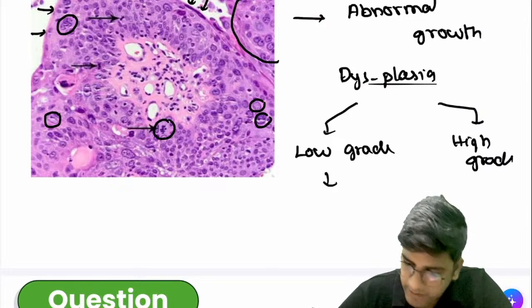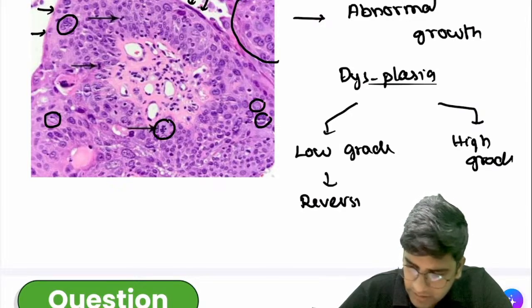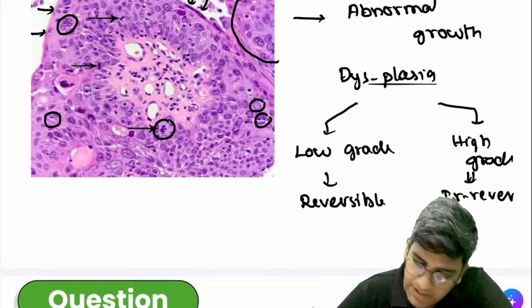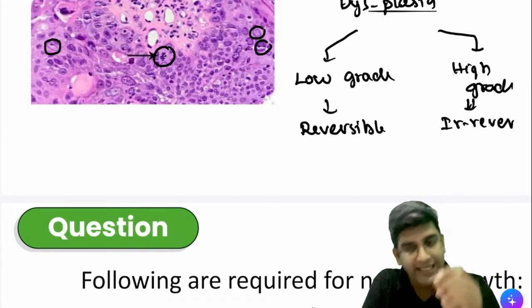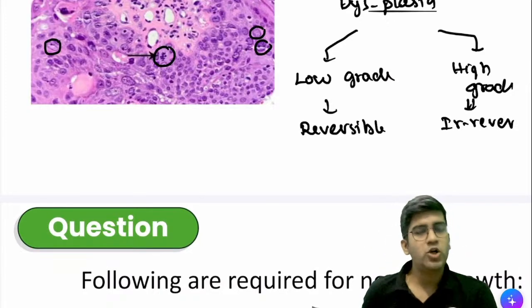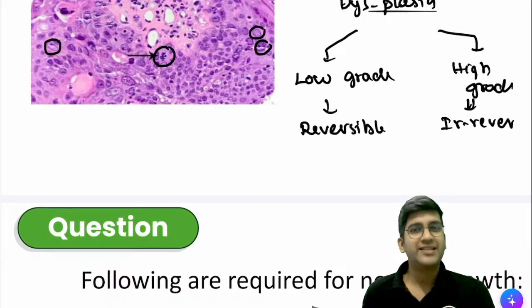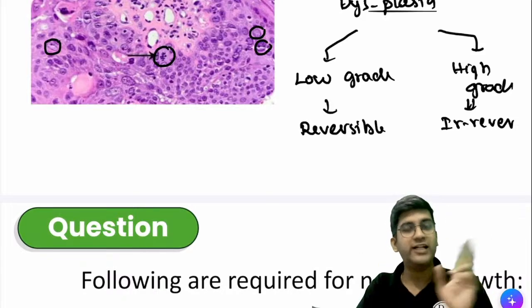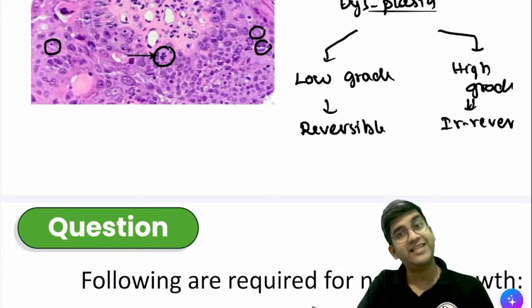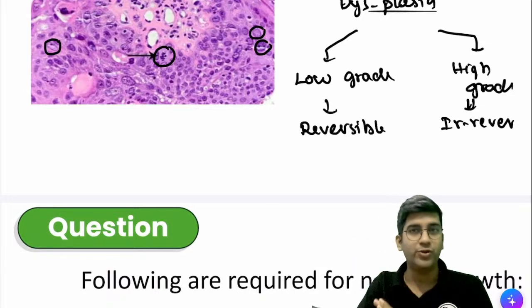Okay. Low-grade dysplasia is always reversible. High-grade dysplasia obviously becomes irreversible. So dysplasia can be both reversible and irreversible. I'll give an example for us to understand this. Since OBG is over, did Dr. Oshika talk about cervix CIN1, 2 and CIN3? You must have read about CIN1, CIN2 and CIN3, right? CIN1 is low-grade dysplasia. Do you remove the uterus? You don't. CIN3 is high-grade dysplasia. I can remove the uterus because it's irreversible, right?